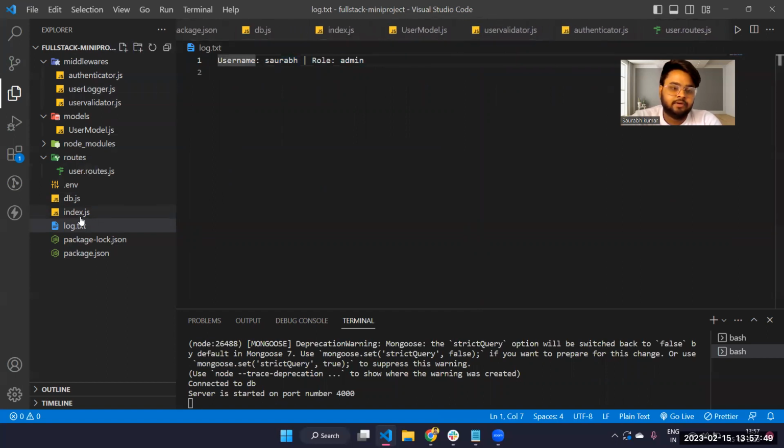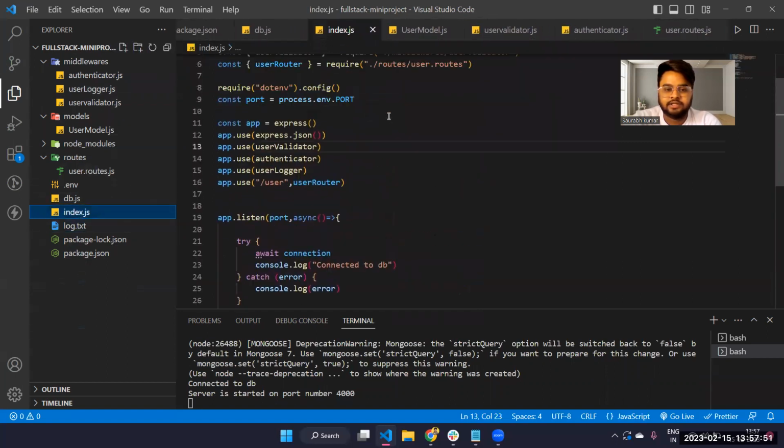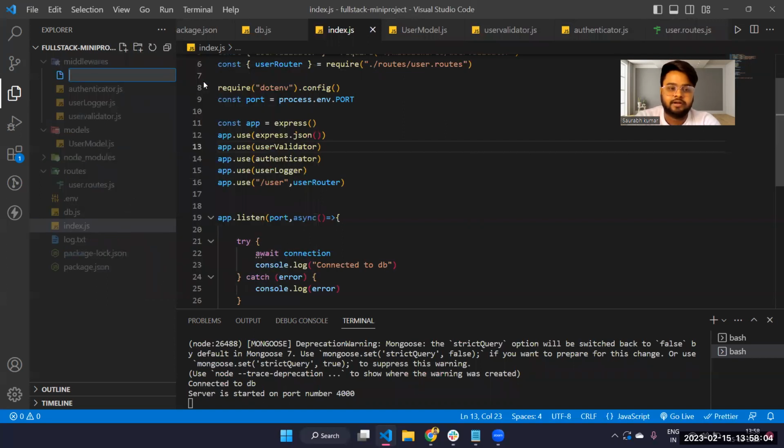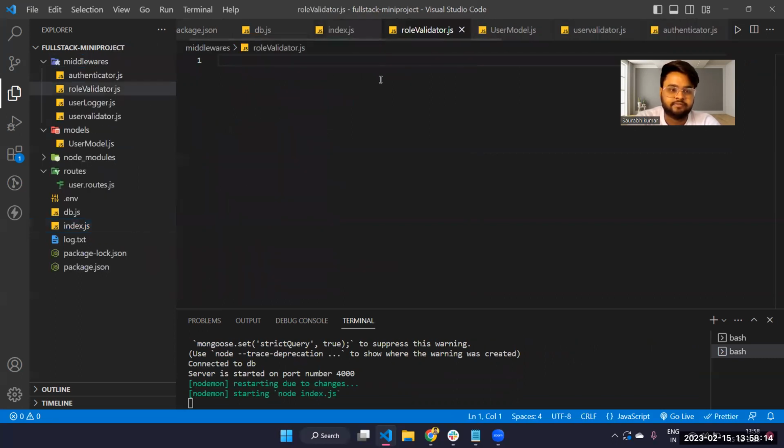And now we are going to index.js, and yes, these are all our validators, middlewares basically. Now we have to create one more validator, that is called role validator. Okay, so I'm going to name it role validator.js,